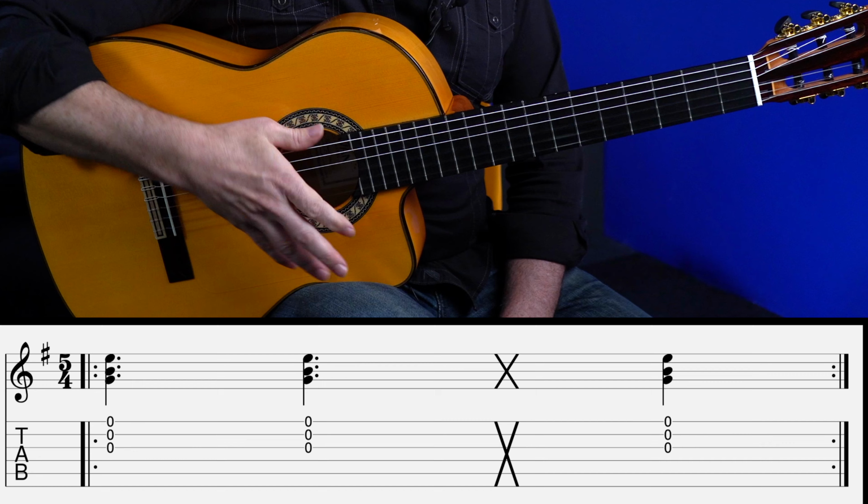to play a rumba, which is a 3-3-2 pattern, where we go 1, 2, 3, 1, 2, 3, 1, 2,